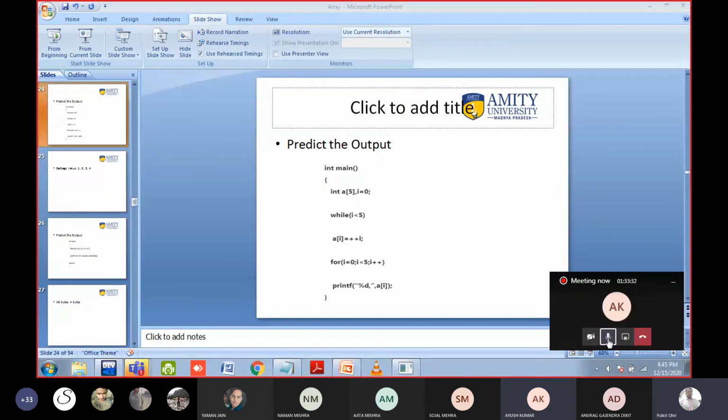Sir, garbage value, whenever we compile the program, changes every time, no? It is not. It depends on the compiler, because in my compiler it is not changing. But yes, if you restart the system, it will change. Look, garbage value means nothing.